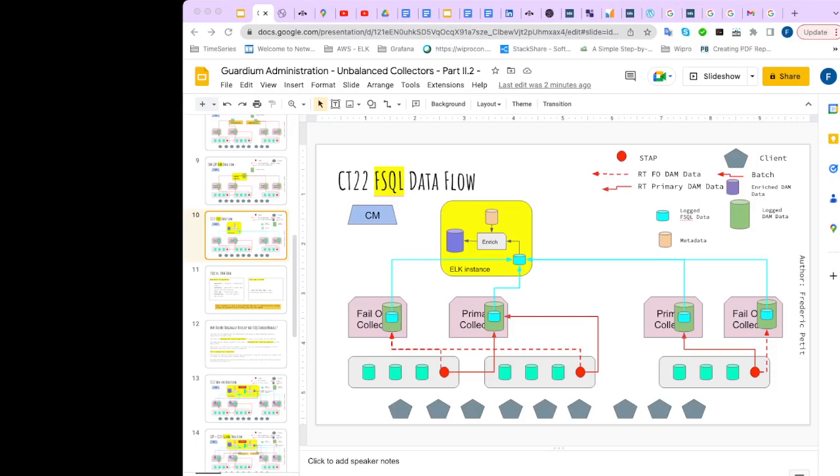That way we get an amount of data which is manageable, smaller, right? And this amount of data we sent, using some Guardium standard procedure, to an ELK instance, and there